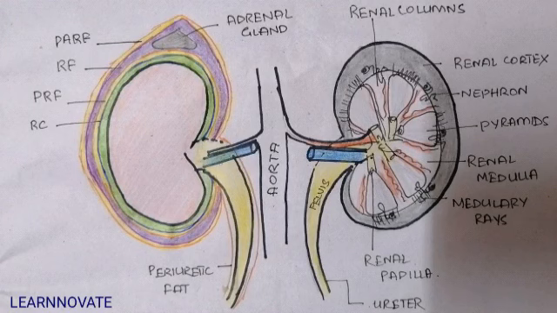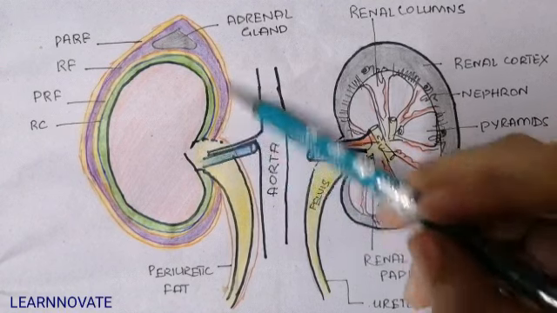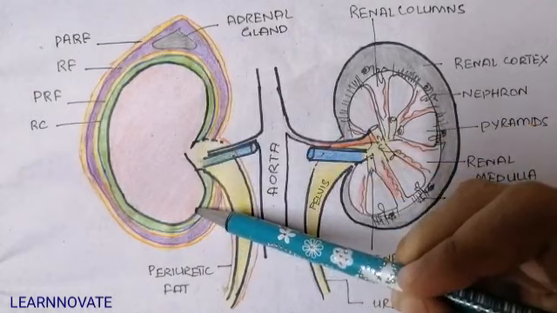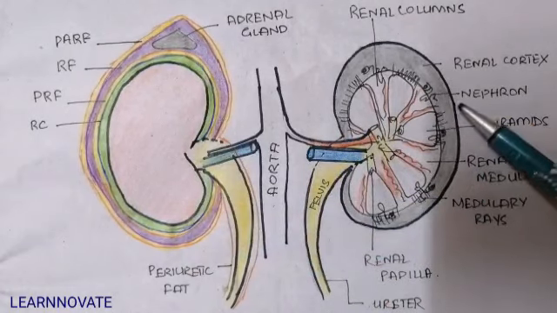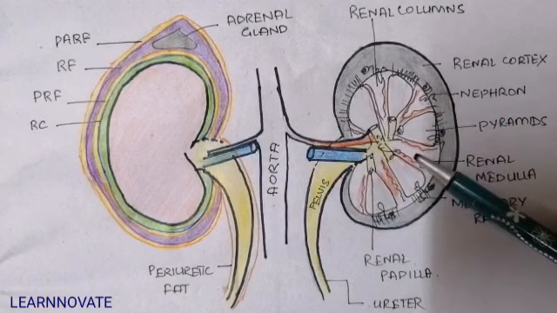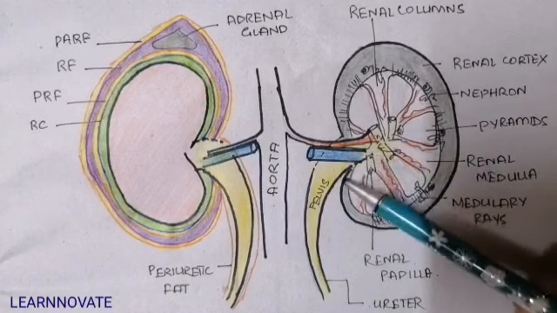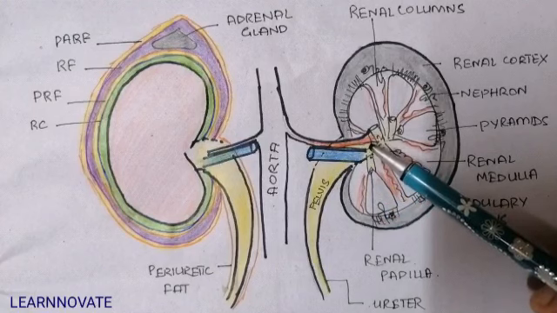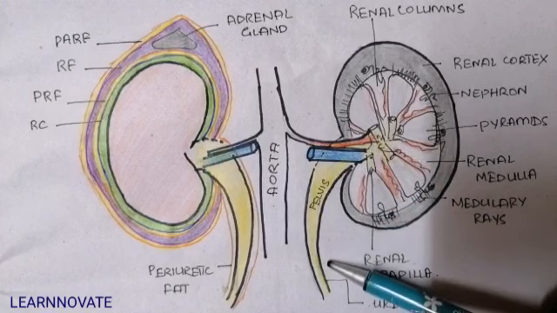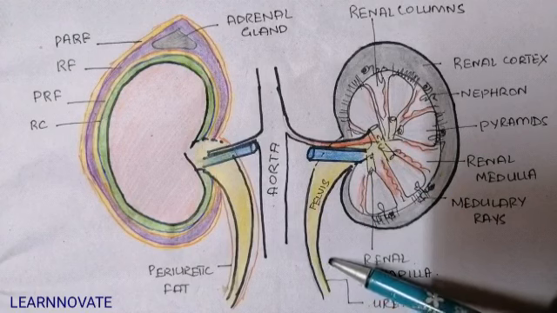So here you can see I have drawn a diagram where two kidneys are compared, to compare the fascias and the coverings outside the kidney. Here is shown the cut section of a kidney, where we can see the cortical layer and the medullary region of the kidney. And these are the structures that pass into and out of the kidney, carrying the urine towards the ureters and into the urinary bladder.